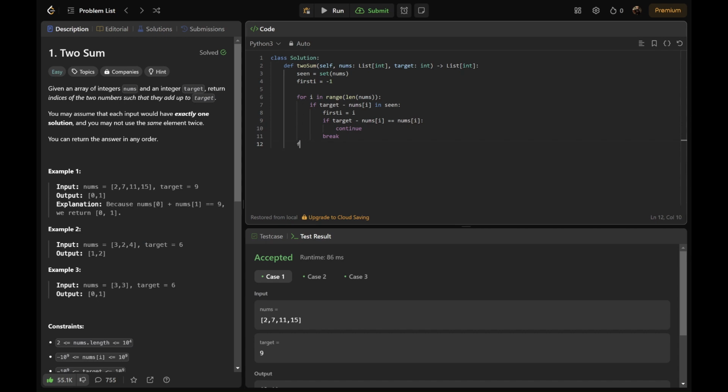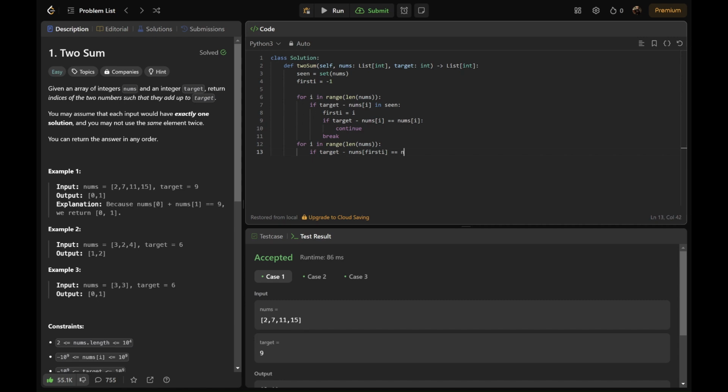After that we again traverse through the whole array nums, and if we find target minus nums[i] is equal to nums[firstI],